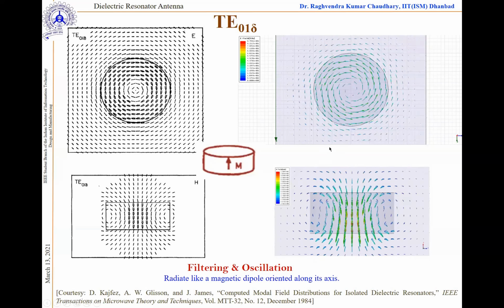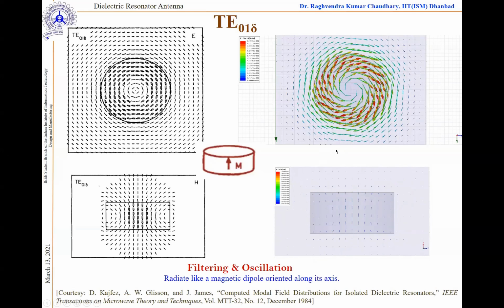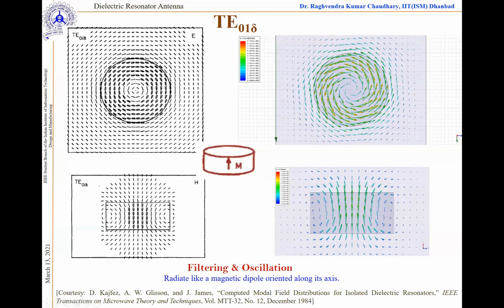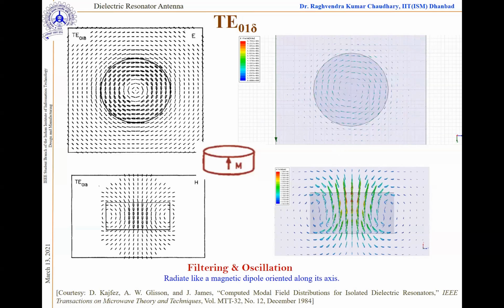So here you can see these things. We try to verify it with HFSS, because as a PhD student, like most of the students here, I think, like MTech students, so they